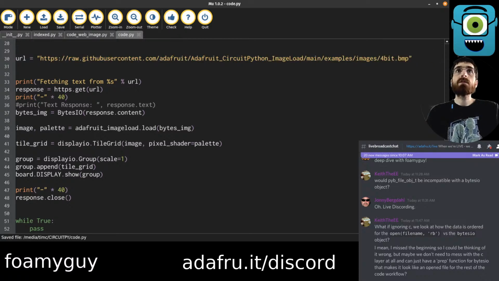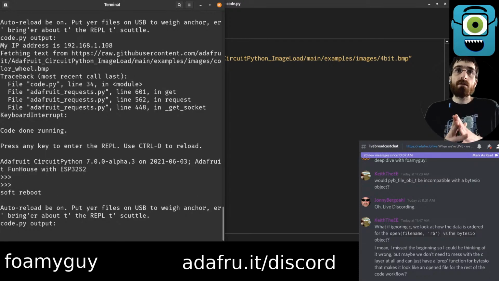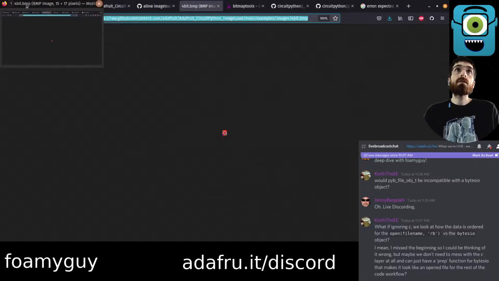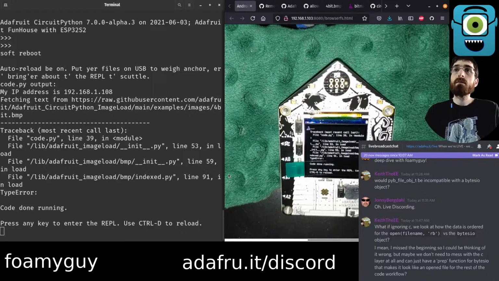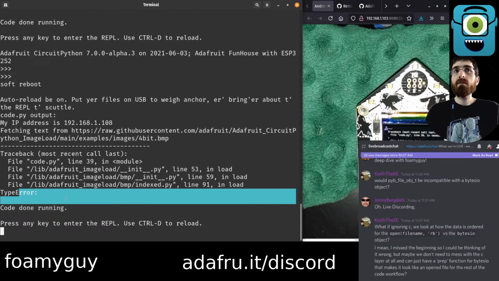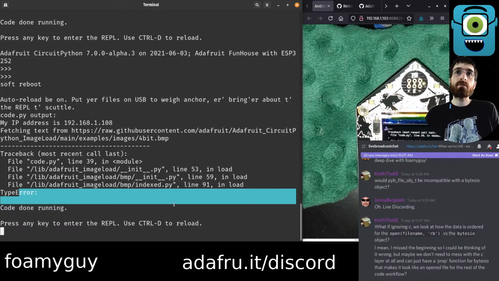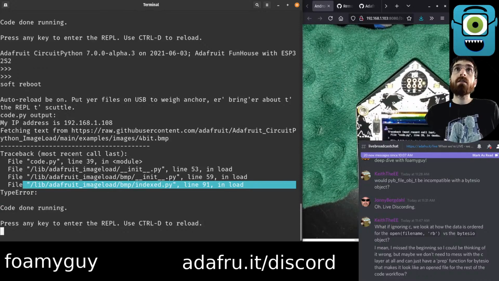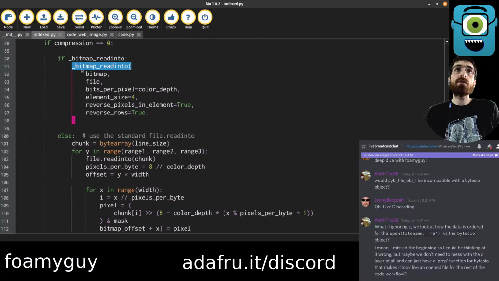So do this. And get this as well. So we end up with this type error, which doesn't have a message, which is interesting that there's not more to it. So I guess we don't know specifically that it is on file for sure, but I kind of think it is on file, which ends up pointing to line 91 in here, which is where it tries to call,